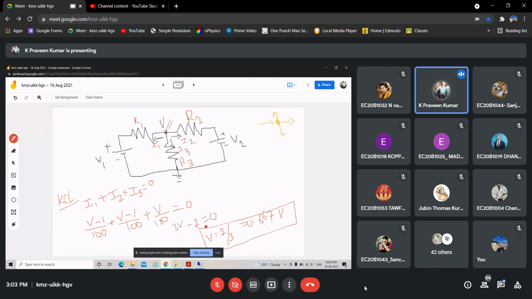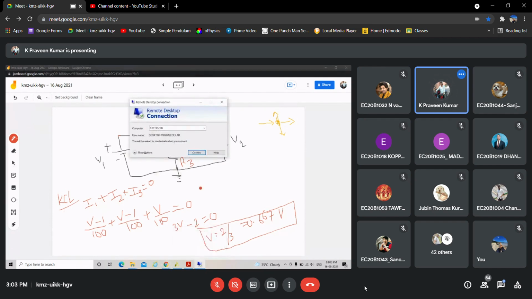Okay. So up to now, any doubts? How to apply KCL and KVL equations and how to calculate the currents and node voltages? Right. So let us build this circuit in a circuit simulator and then we'll see.